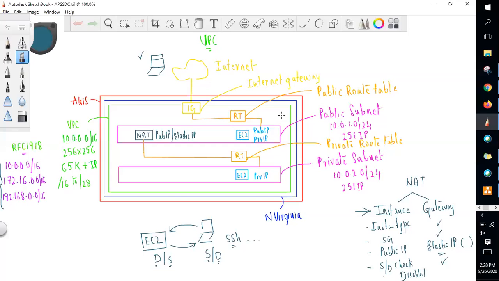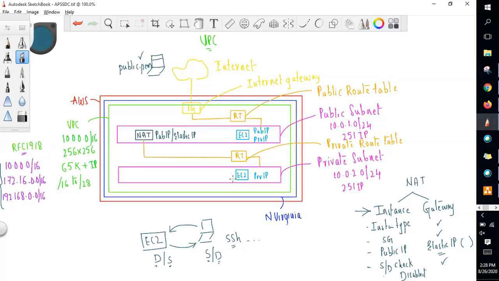Now in the implementation part, in order to connect to this EC2 instance, in my local PC I should have this public PEM file. I have it, correct? And I also have the public IP address, which I can take from the console. Now, I said that from this EC2 instance you will be connecting to this one.